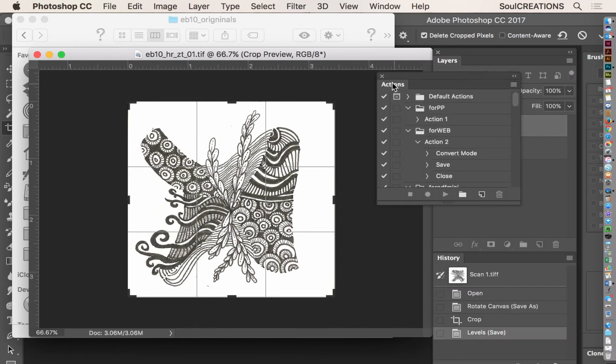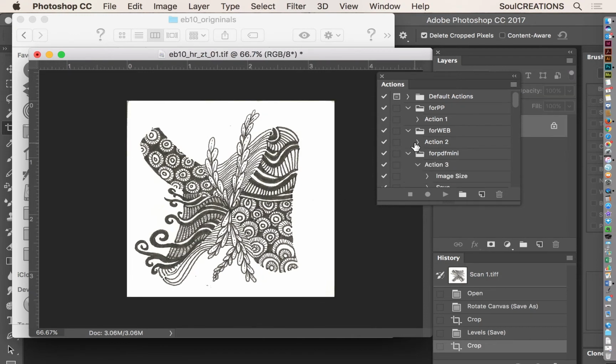And if you know that every time you come in here you're going to do the same action over and over again, you can program that action